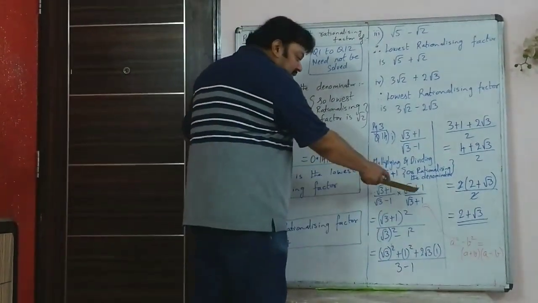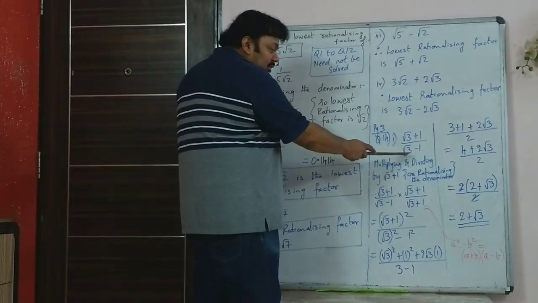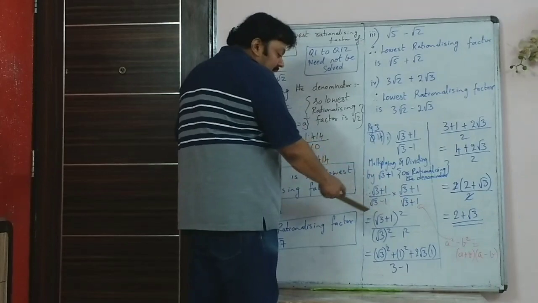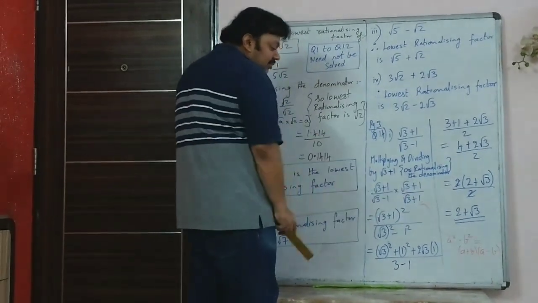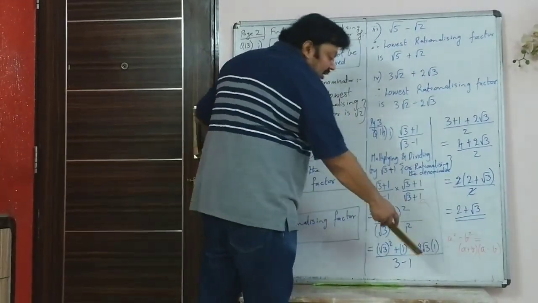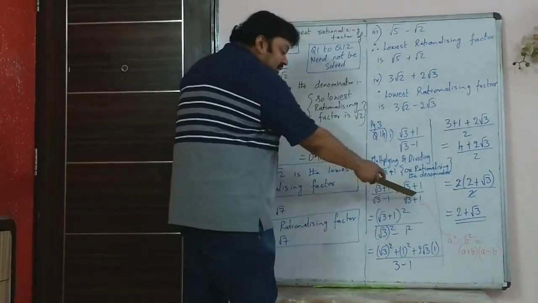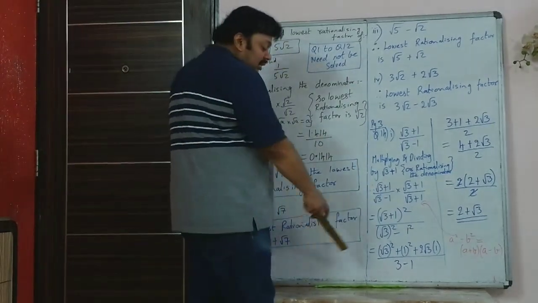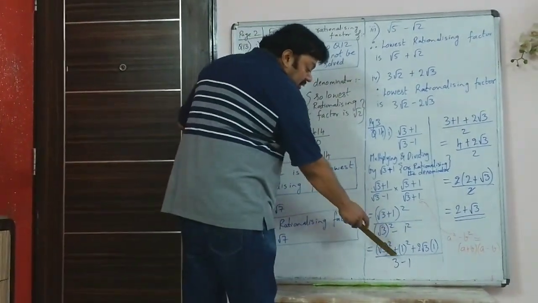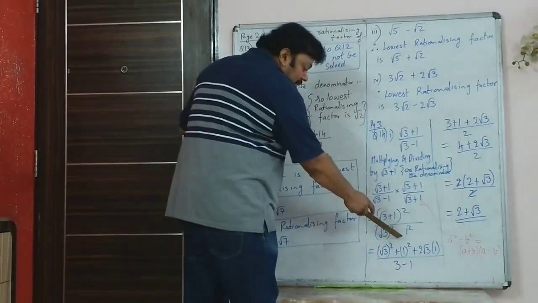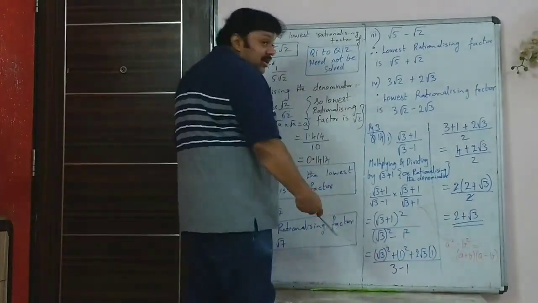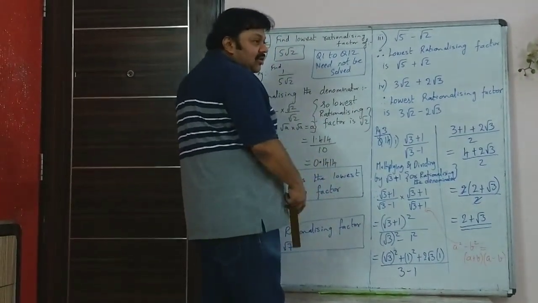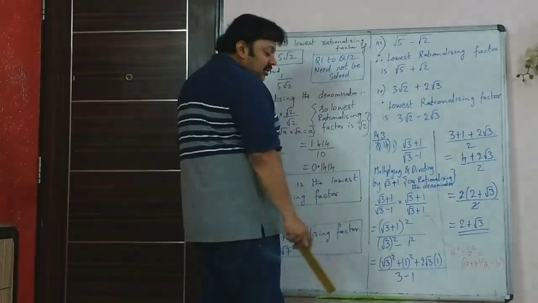So we have taken root 3 plus 1 over root 3 plus 1 because the original number was root 3 minus 1. Why did we do this? Now the denominator is of the form (a minus b)(a plus b), which is a squared minus b squared. So this can be written as root 3 the whole squared minus 1 the whole squared. Root 3 the whole squared is 3, so it becomes 3 minus 1, which is 2. So 2 is a rational number, and you have actually got rid of the root sign in the denominator.